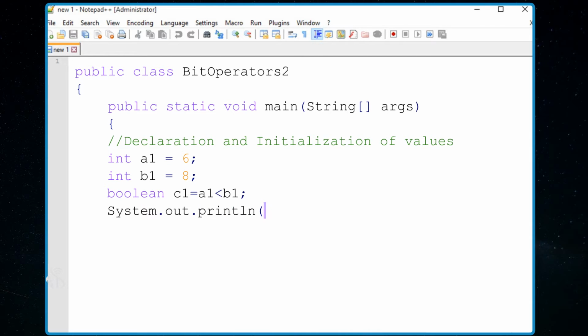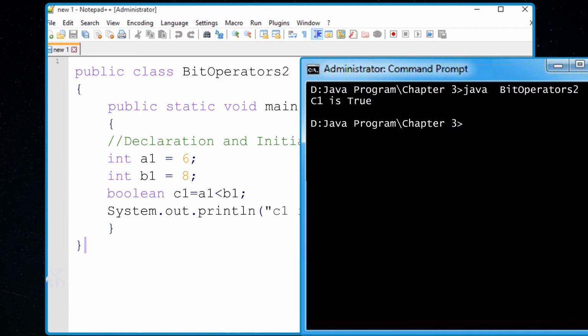system.out.println, open bracket, open double inverted commas, c1 is equal to, close double inverted commas plus open bracket, c1, close bracket, semicolon, close curly bracket. The output of the program is